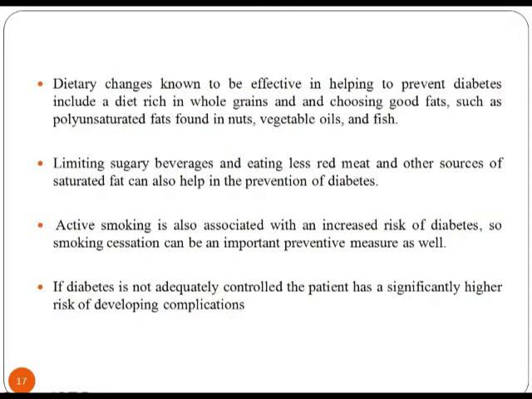Diabetes prevention is as basic as eating more healthy food, becoming more physically active and losing extra pounds. Making a few simple changes in your lifestyle now may help to avoid serious health complications of diabetes such as nerve, kidney and heart damage. Consider the latest diabetes prevention tips from the American Diabetes Association. Active smoking is also associated with an increased risk of diabetes, so the discontinuance of smoking can be an important preventive measure as well. If diabetes is not adequately controlled, the patient has a significantly higher risk of developing